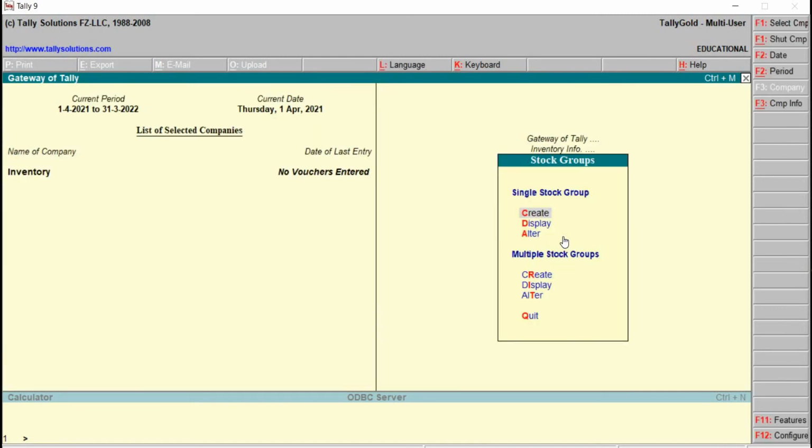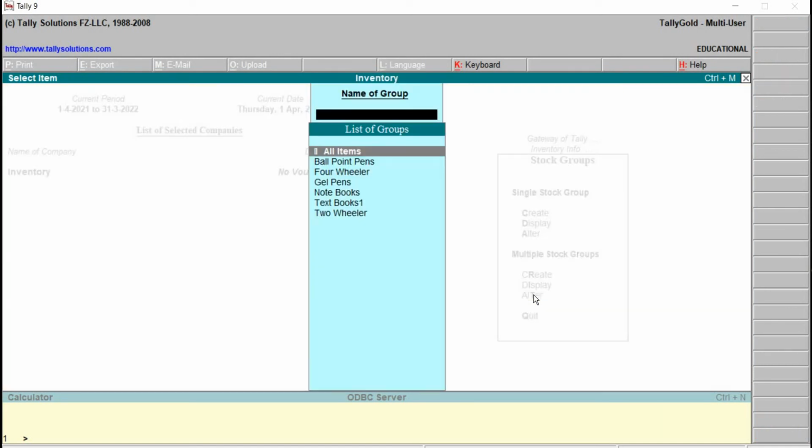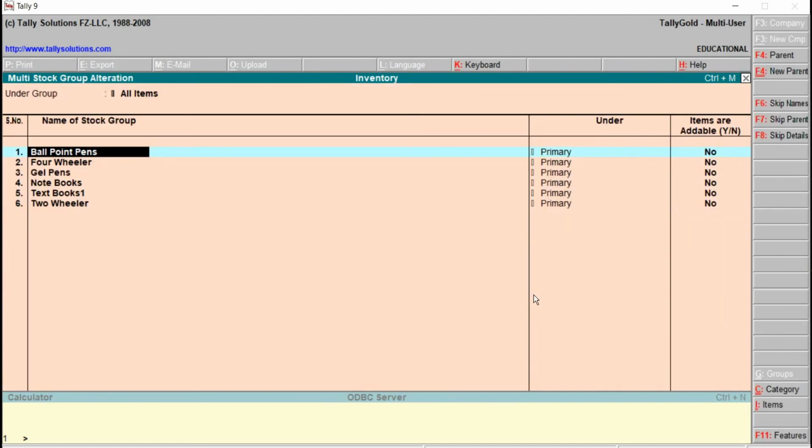The same way, let's see the alter option in multiple mode. Just click on this one. All items. I think all can see the cursor pointer has come down, right? We can do the changes here. For four-wheeler, items are addable.